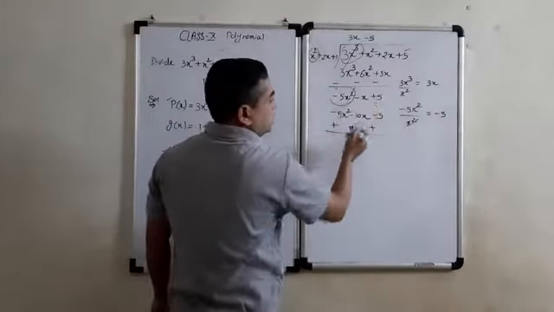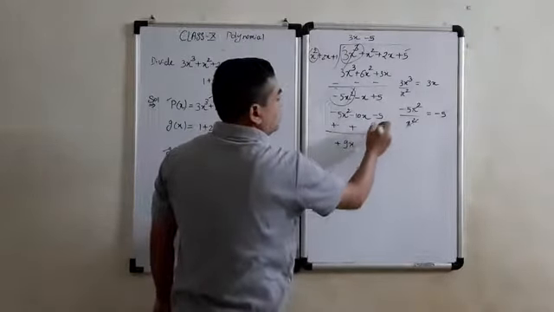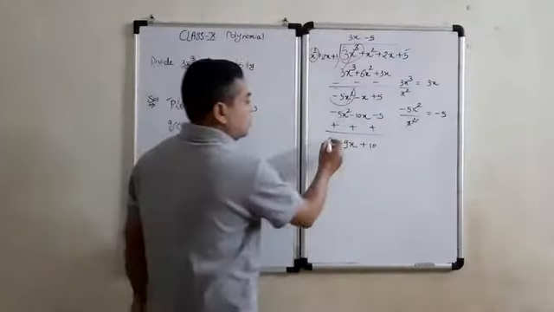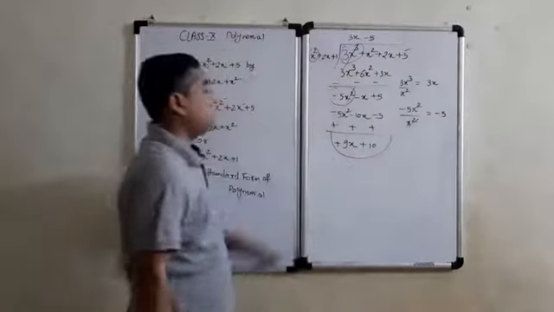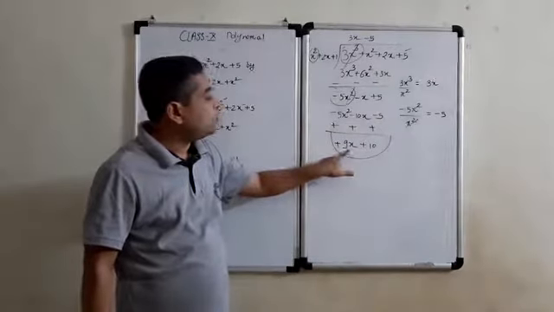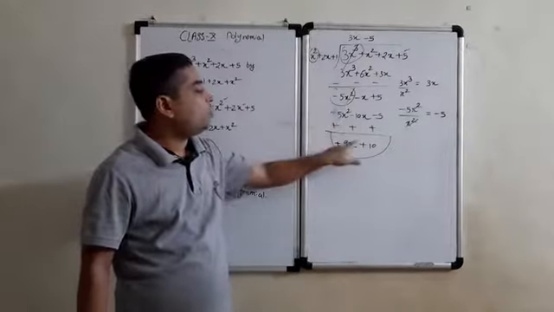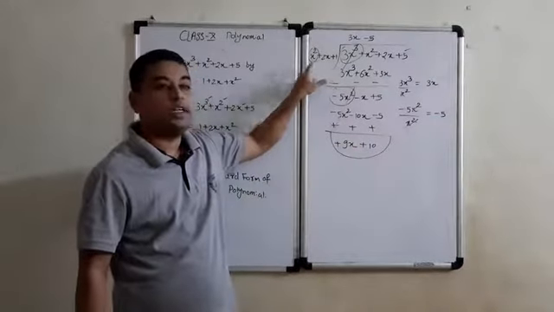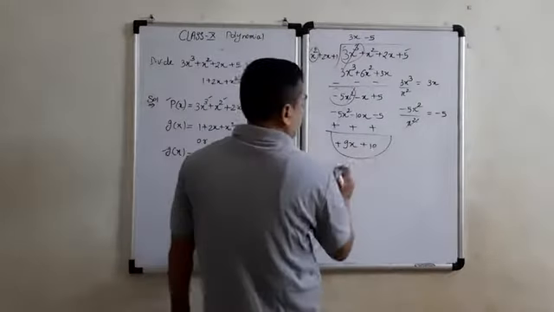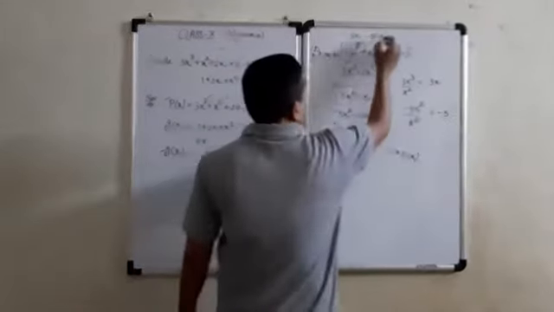So this is minus x plus 10x. How much will you get? Plus 9x, and here plus 5 plus 5, that will be plus 10. Can we divide any more? No, we cannot divide this new dividend by the divisor. Why? Because the degree of this remainder is 1. And what is the degree of the divisor? 2. So when the degree of the remainder is less than the degree of the divisor, at that time we will stop. So it will not go further. So this is your remainder. Okay. And this is your quotient.